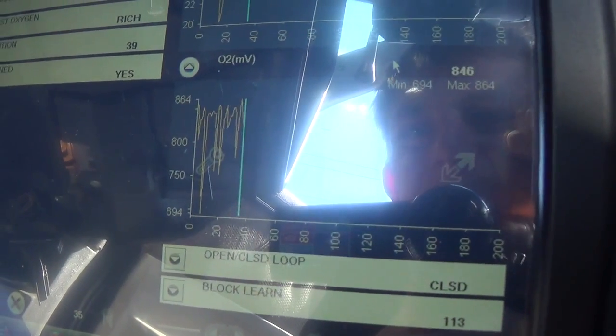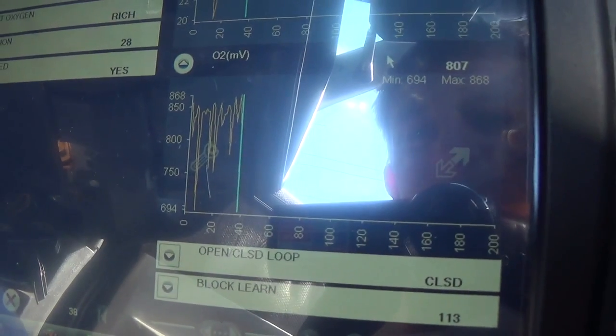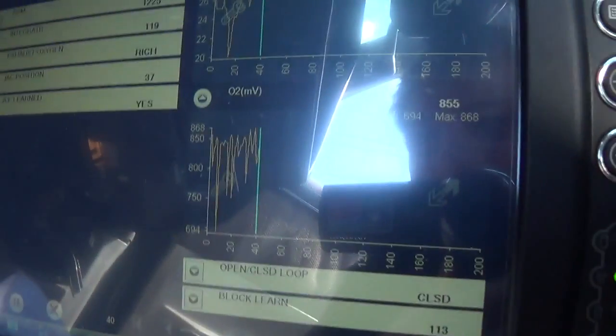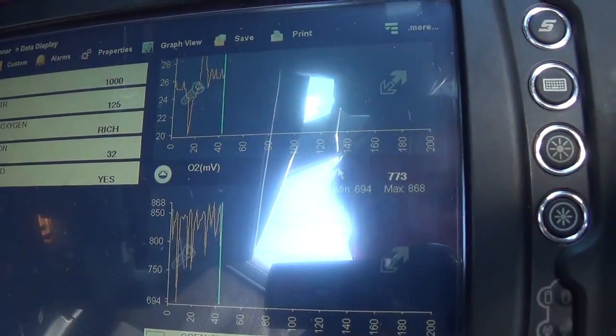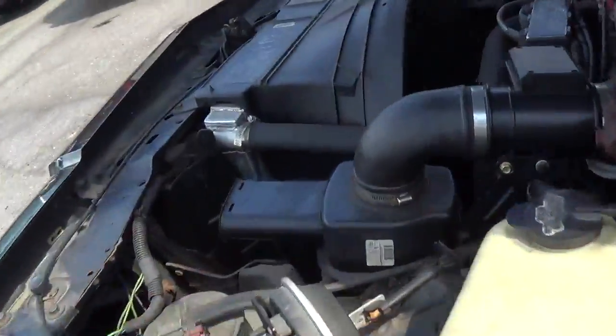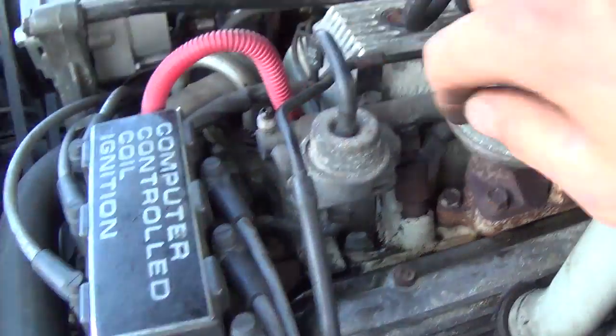Doesn't like it. So at this point, should we just call the mass airflow sensor? Let's create a vacuum leak, see if it actually responds. So we got here no brake booster, and